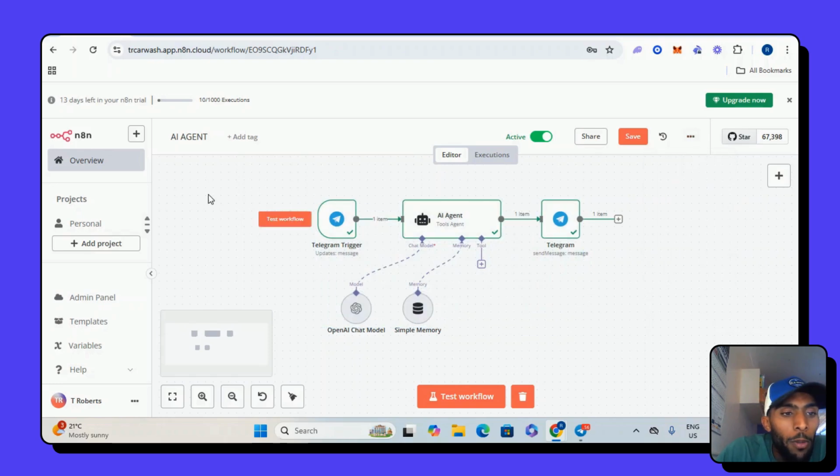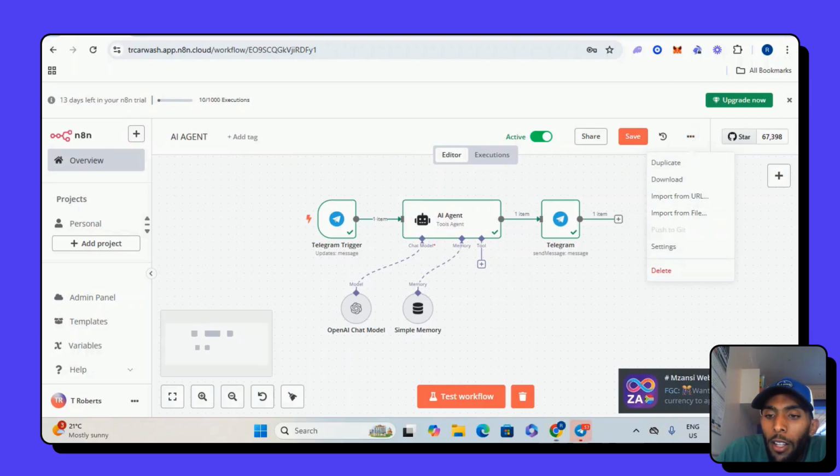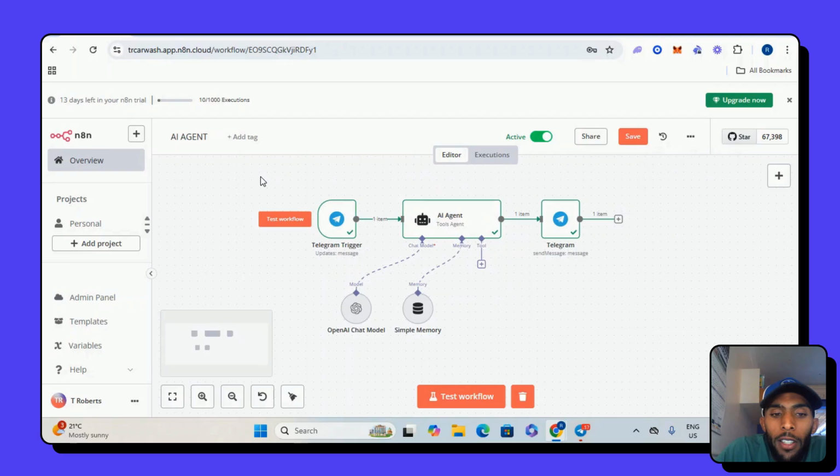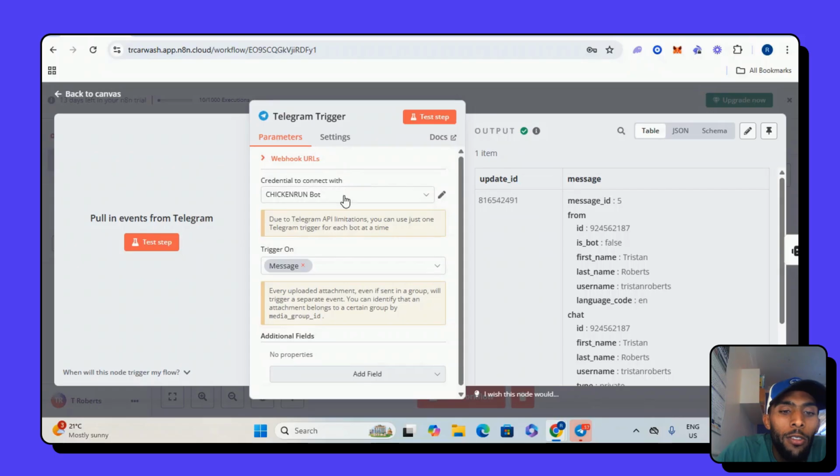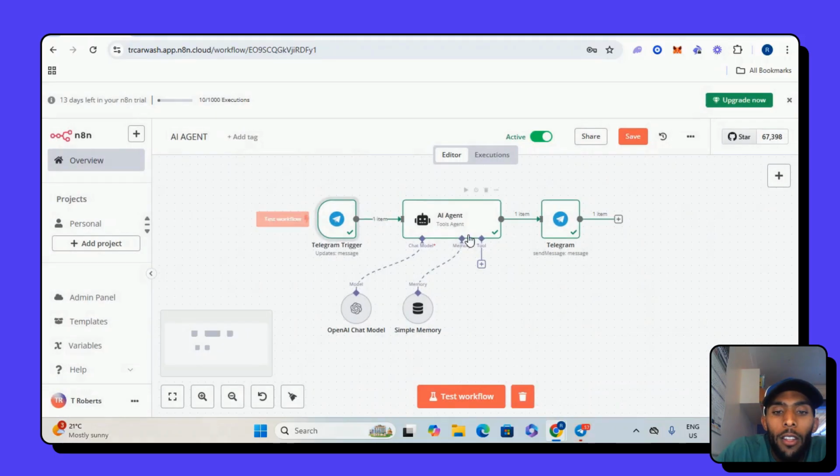If you open up a new workflow, go to the top section and import a file, then you will have the same workflow, and you can just put in your own credentials, your own chat model and your own output as Telegram.